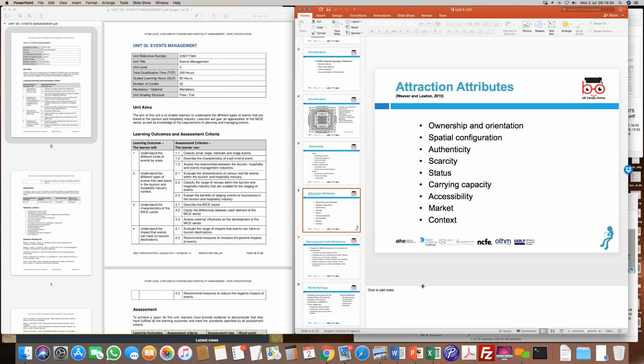Now, some of these attributes were classified by Weaver. And what we look at is when organizations, charities, companies, governments, private sector organizations, public sector organizations look at creating some events, they look at certain attributes in terms of what will attract the audience, why is it going to be special, and in some cases they also would classify and relate it to how easy it is in terms of accessibility.